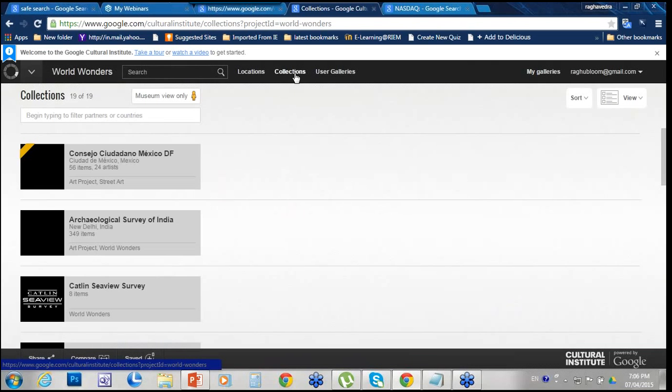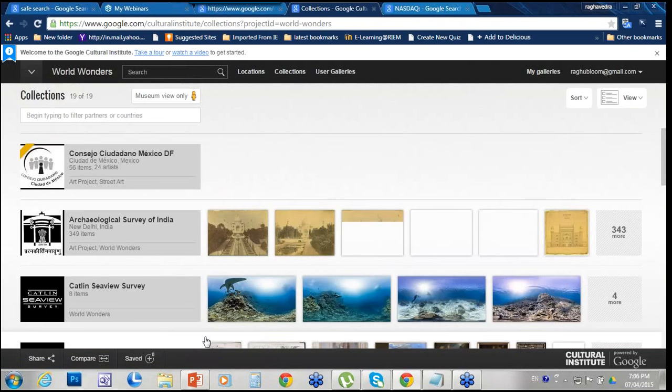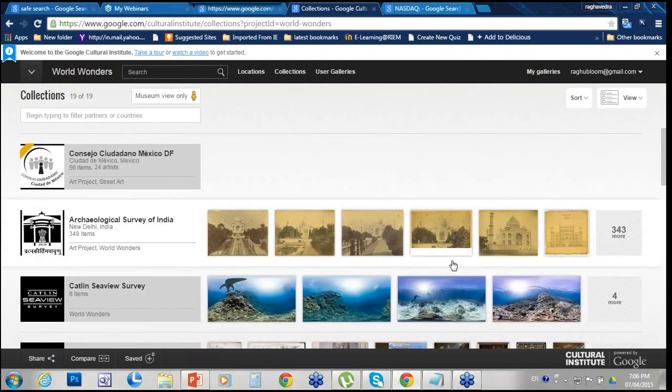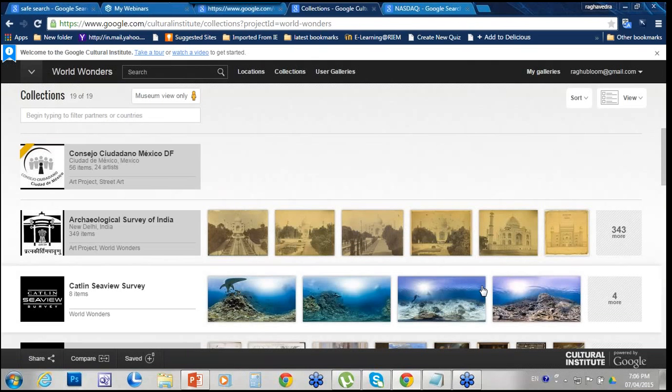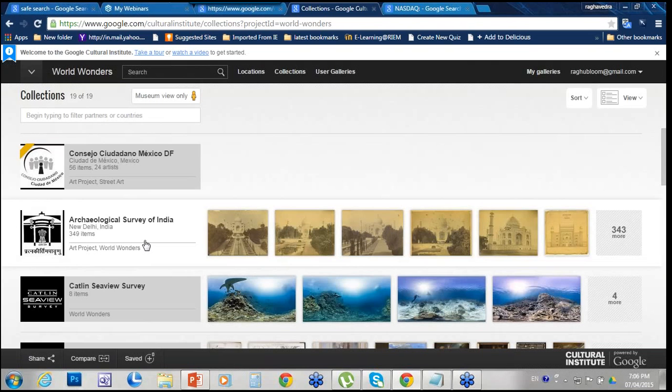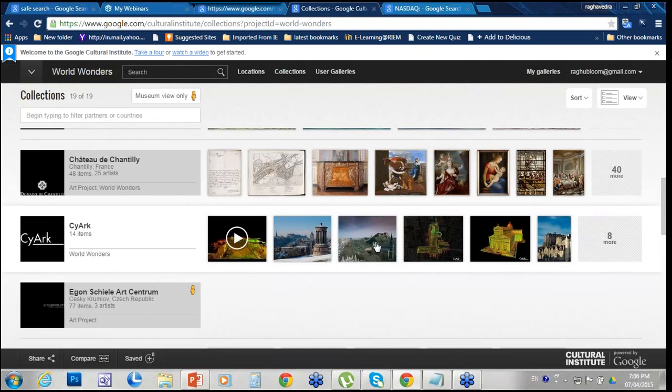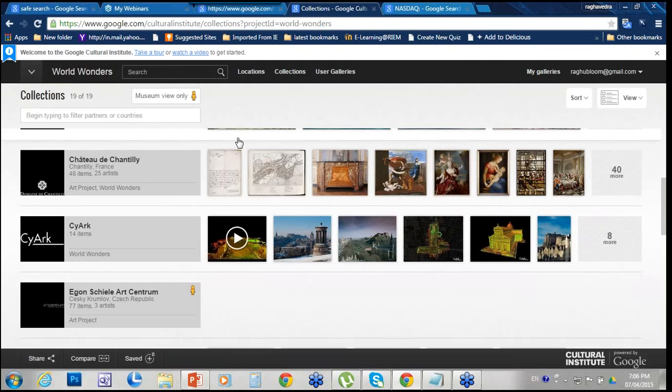You can look into the different collections which are there, and these are the areas which I recently explored. Archaeological Survey of India has got 349 items, and you just go through all these things. If you click any one of them, you can explore it, or otherwise you can search the item that you want. Like I want Taj Mahal,